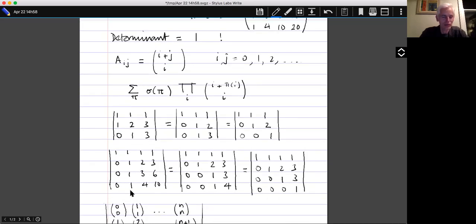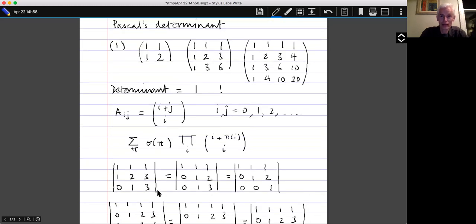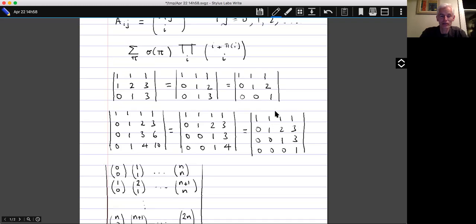So I was so focused on the rows, I didn't notice that I've got 1, 0, 0, 0, 1, 1, 1, 1, 1, 2, 3, 4, 1, 3, 6, 10. So I'm actually just getting the columns of the original matrix, but moved along. Then when I did the row operations again,